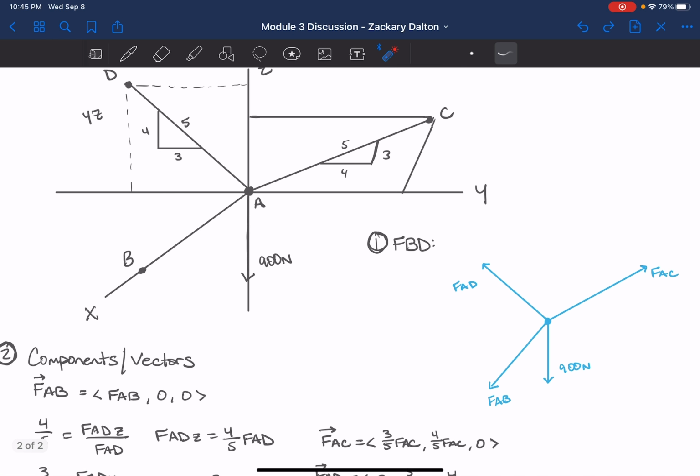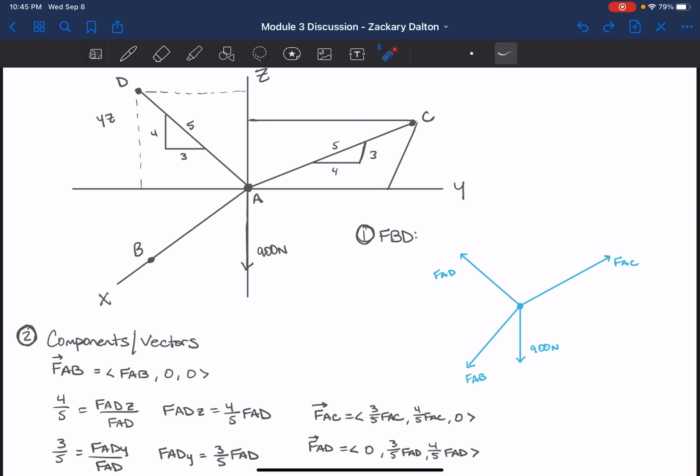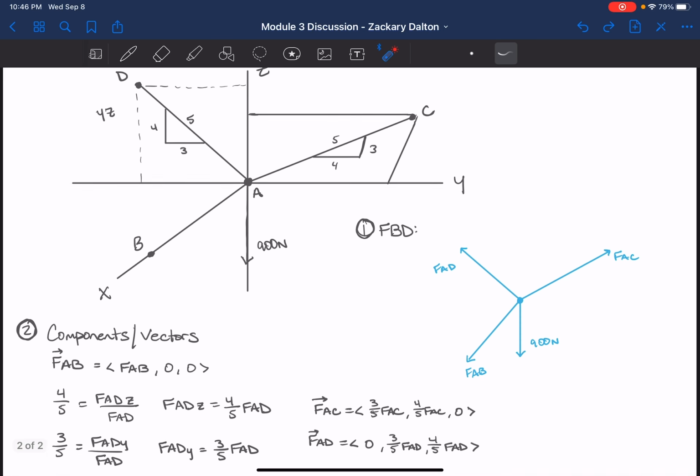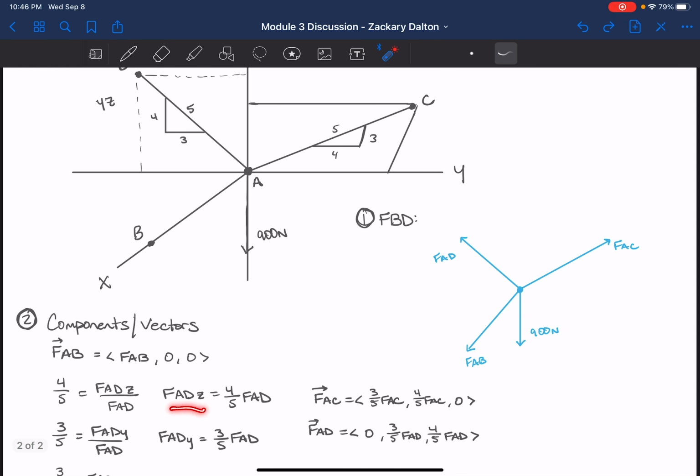And so we can then say that 4/5 is equal to FAD in the z direction over your FAD, which is the hypotenuse. And as we saw from the last problem, we know how to find the z value for it. And we could say the same thing for 3/5, which would equal what FAD is in the y direction over your FAD, and that gives you your y component for that. We can then move on to FAC,